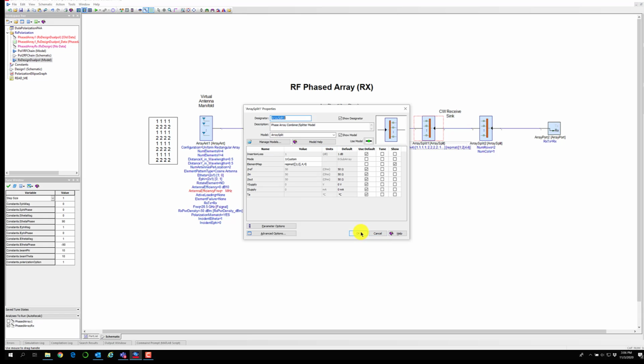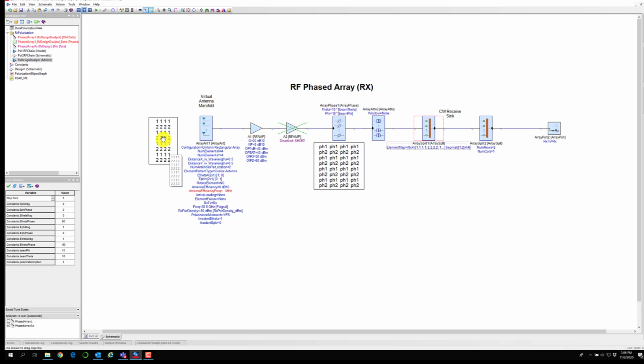The element map typically looks like the one that's shown here. So what happens is all the odd rows will be combined into one output. All the even rows will be combined into another output. So we get two outputs. We will be able to see the polarization discrimination at the two outputs. Of course, at the end of the day, we want to combine the signals from both sets of antennas and send them into the receiver to maximize the signal to noise ratio.